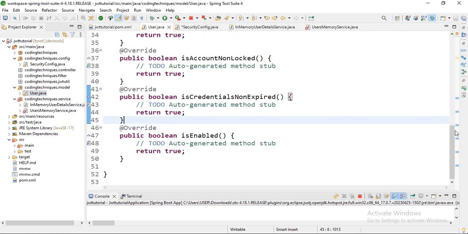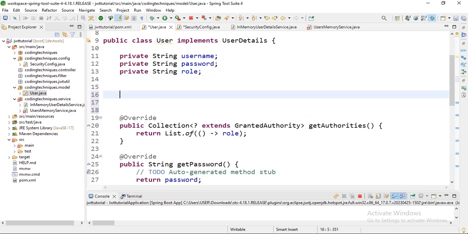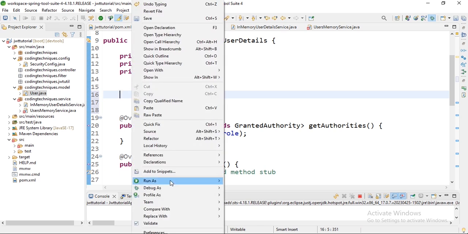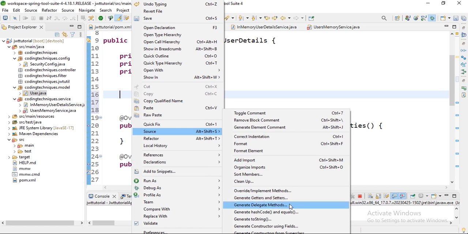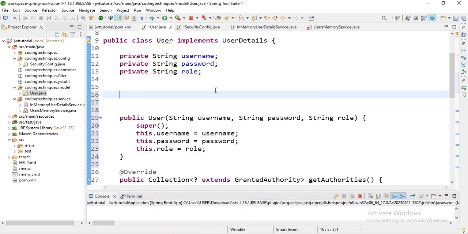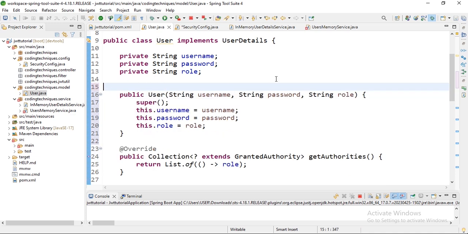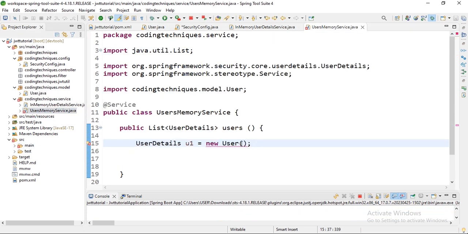Here in the user class, let's create a constructor. So generate constructor using this field. Okay, so we have this. Now we will go back to the user memory service, and then